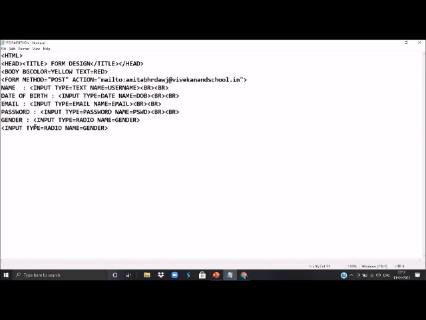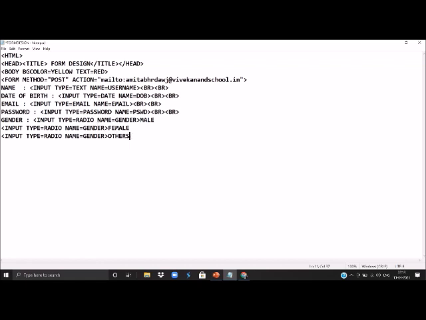The type will be radio only and name will be gender only, and here suppose we write male as the label, here we can write female. After that we can write others. Nowadays we find this others option also in the form, so we will also use it.